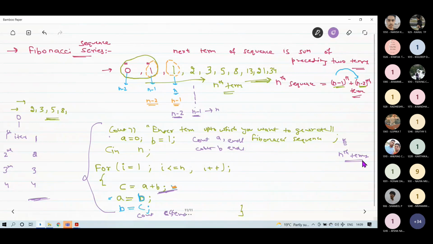particular case? 2 terms are already generated, after that the for loop generates n more terms, so total n plus 2 terms are generated, but we had to generate only n terms. Can you stop this for loop, i less than equal to n minus 2. Excellent. So if I write i less than equal to n minus 2, then yes, these first 2 terms which are outside the for loop will also contribute to the n terms, right?